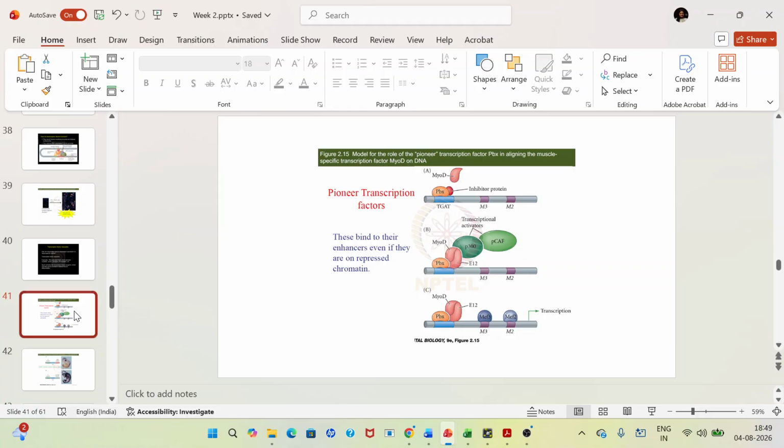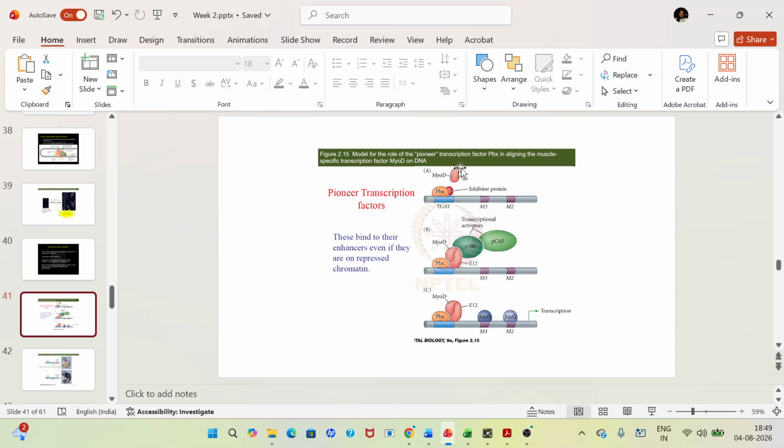The pioneer transcription factors bind to their enhancer even if they are on repressed chromosome. So that means they will bind to their enhancer. They'll bind only to their enhancer, even in the repressed form. They will be there on their enhancer only, and then this MyoD will come, and it will help in the